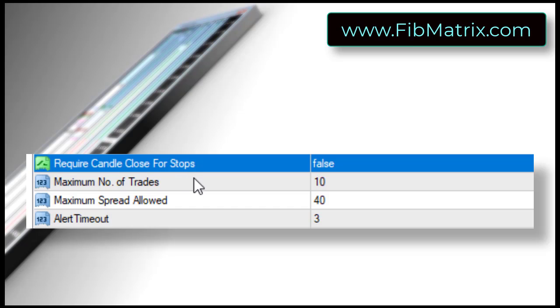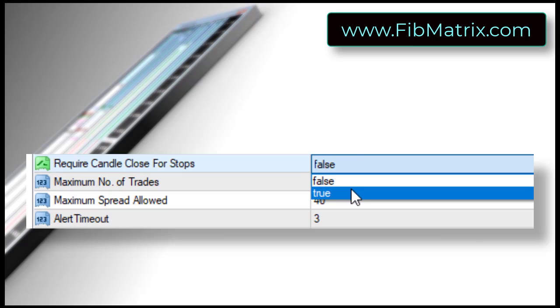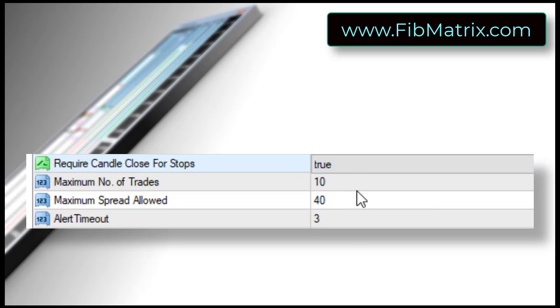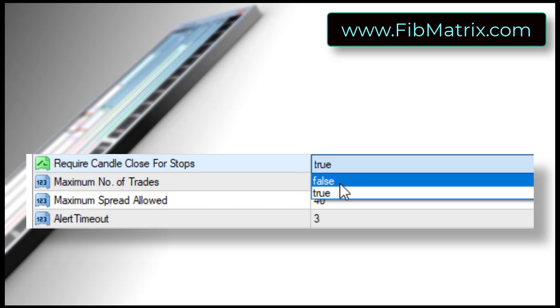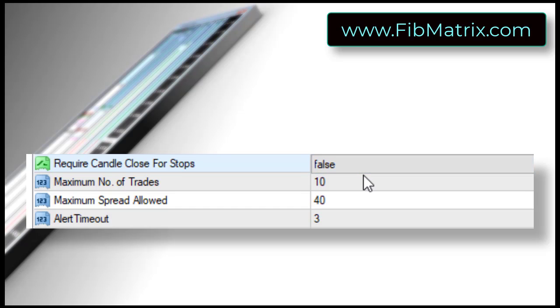Require candle close for stop. So this is new by popular demand. Basically, any dynamic stop that you have now, if you set this to true, it will require that a candle, an appropriate candle, and I'll tell you what I mean by appropriate, but the appropriate candle must close beyond that dynamic stop level. If you have it set to false, then all the price has to do is break beyond